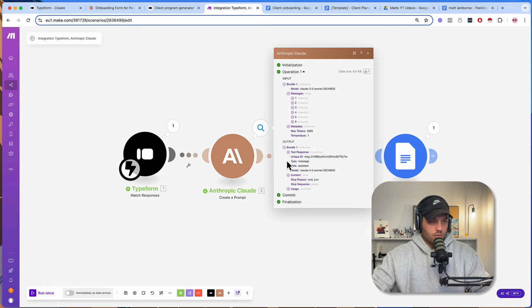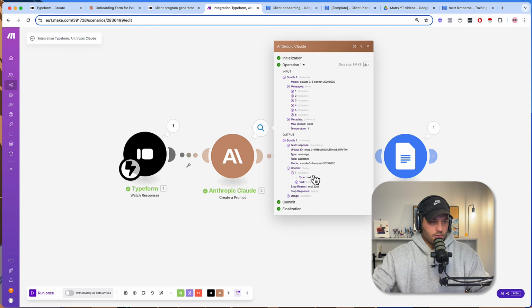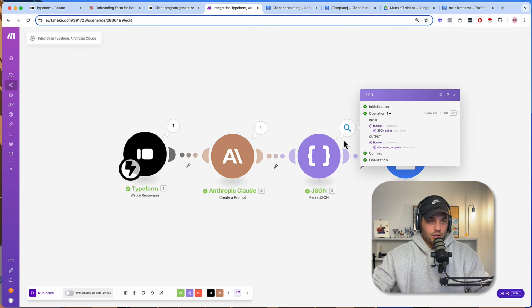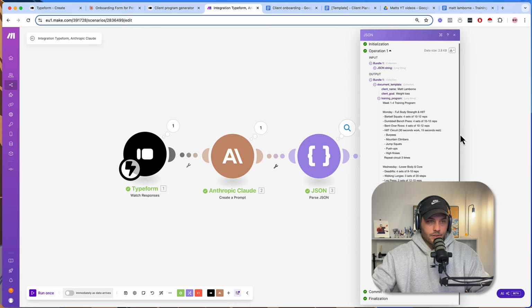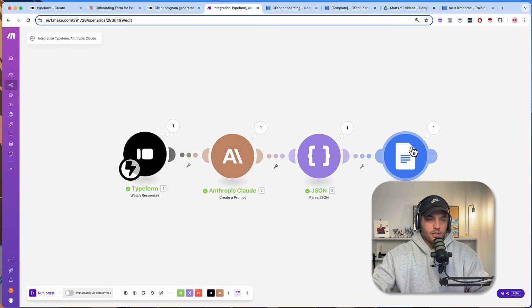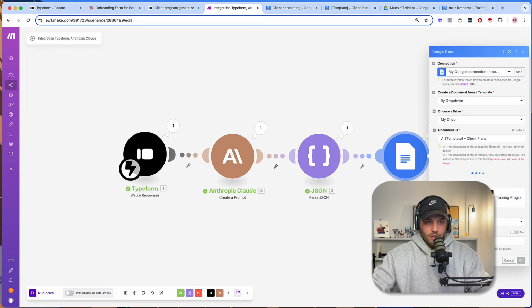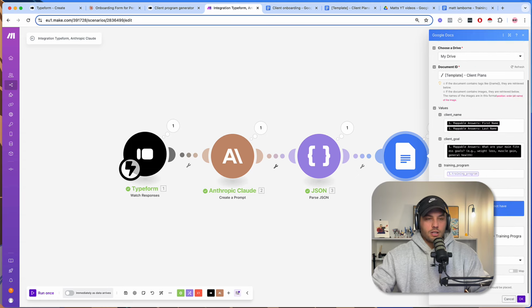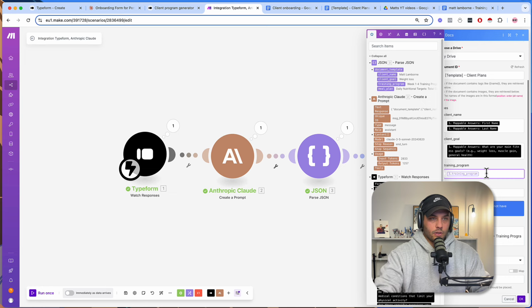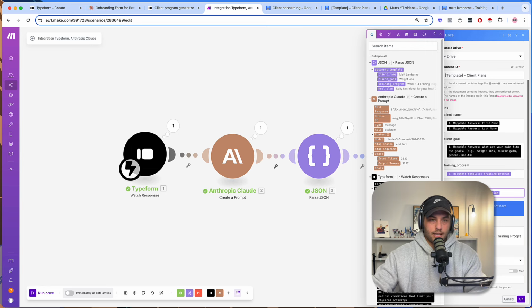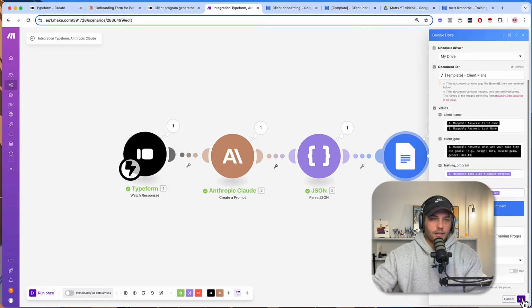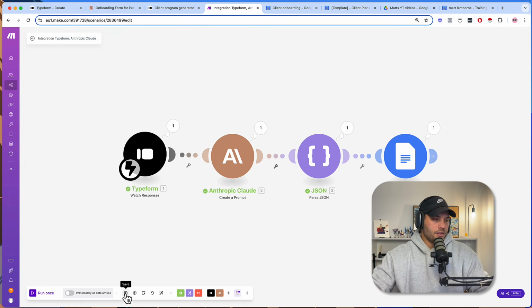So if we go into response, content response, and actually, no, we can do this. Click on the JSON bundle and document template, training program. So it generated the training program, but it just didn't populate it properly. So if we click on this here and have a look at the information down the bottom. Yeah, so my little hack didn't work, which it should have. I'm not entirely sure why. I think it's because it's nested, but that's fine. So we just backspace this and select meal plan. Yeah, because it needed to go document template and then meal plan. That's fine. And we save this. And if we ran it again,